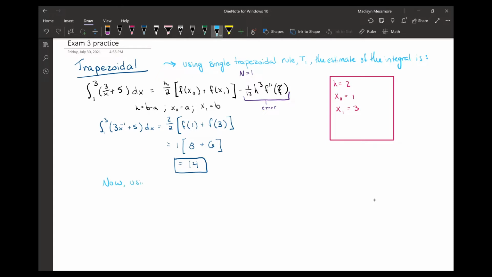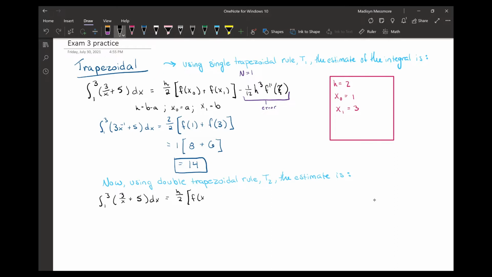Now, using double trapezoidal rule, T of 2, the estimate is back here. Rewrite our integral from 1 to 3 of 3 over x plus 5 dx is equal to, so now since it is not a single trapezoidal, it is now compound trapezoidal. Our formula changes, so we've got h over 2